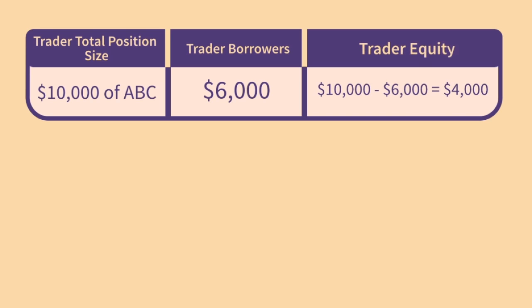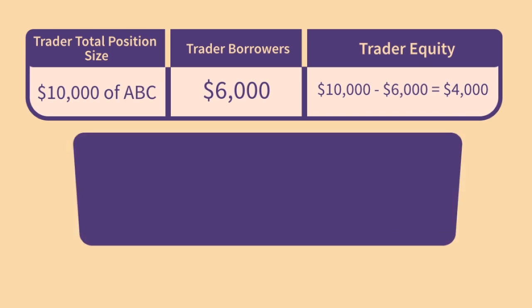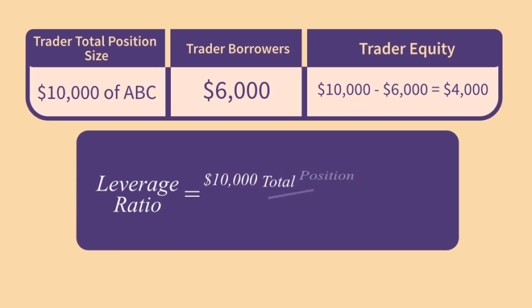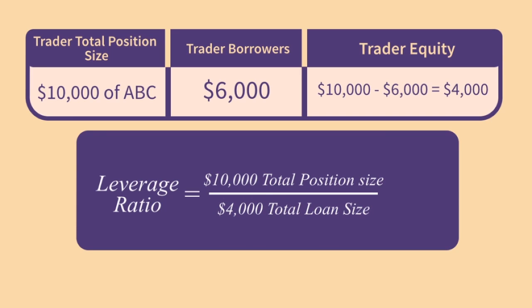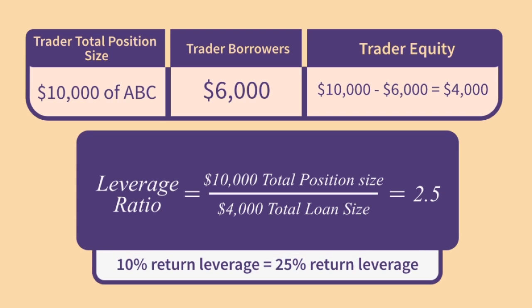Walking through an example, if a trader buys $10,000 worth of stock ABC by borrowing $6,000 and putting up $4,000 of his own equity, the leverage ratio is $10,000 divided by $4,000, which equals 2.5. If stock ABC goes up 10%, then our trader's position would return 25% of the leveraged position, significantly enhancing his